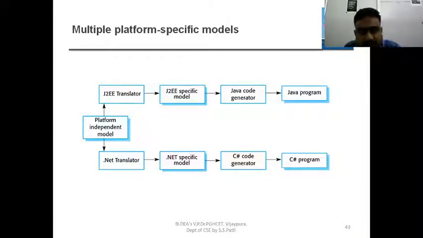To understand this, you should have some basic programming knowledge. You have heard the name Java language. And .NET. Like a C program, you have a C# program. Like a C program or Python program, Java is also one of the programming languages.